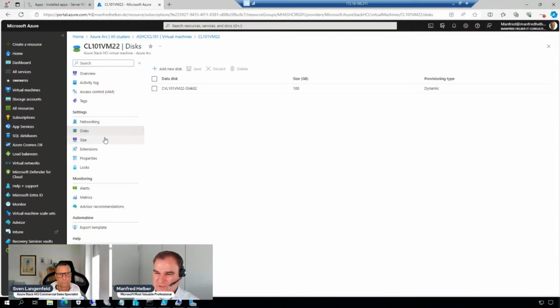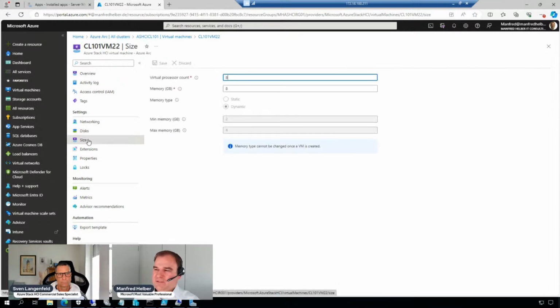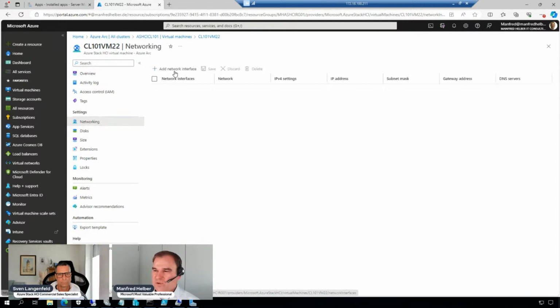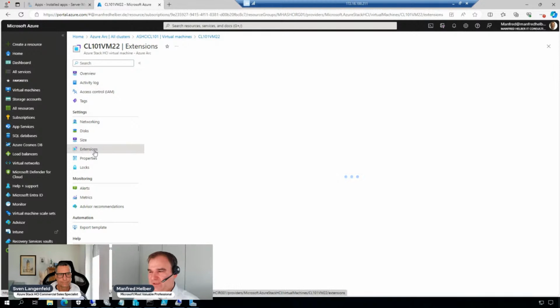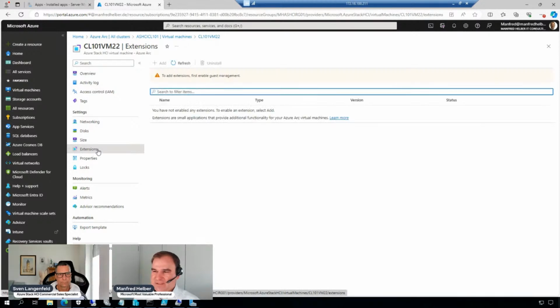We can do this with the disks. We have seen the size, CPU and memory. We can do this with the networking, so we could add network interfaces. And we can add extensions. Sven asked about the security capabilities.